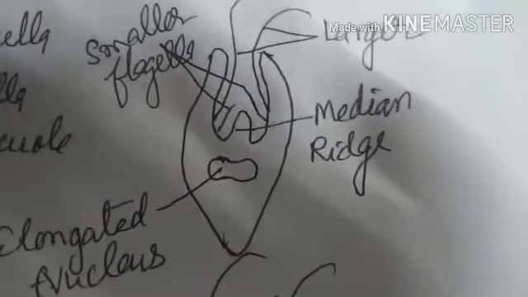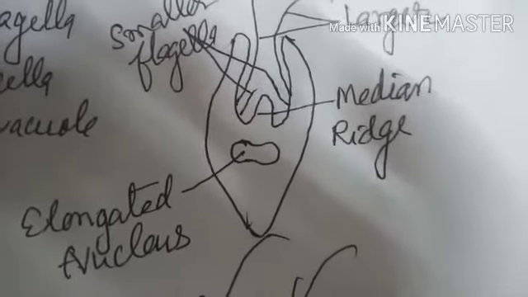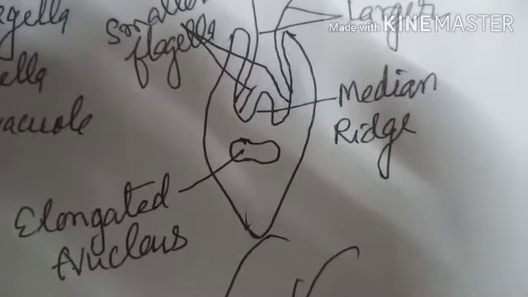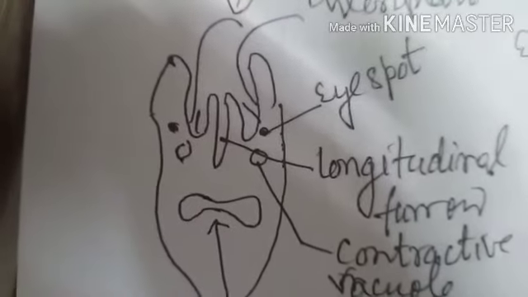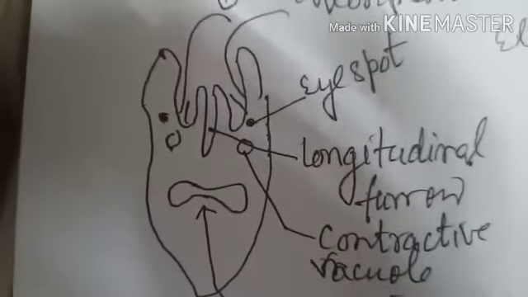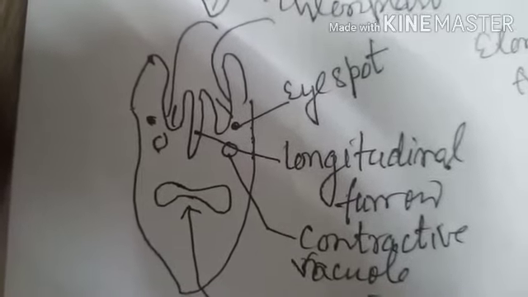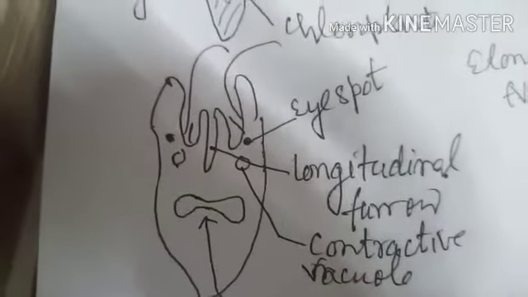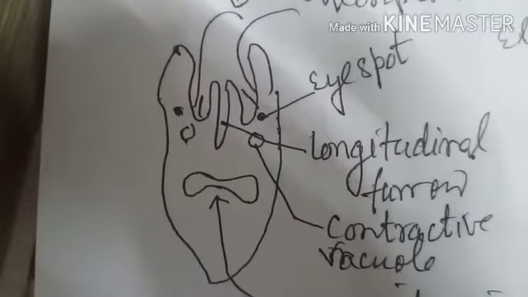And then a median furrow develops in the middle region and the nucleus gets elongated, and then a longitudinal furrow develops in the median ridge. Two eyespots develop, two contractile vacuoles develop, two larger flagella and two smaller flagella develop,